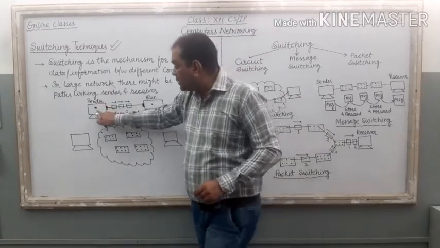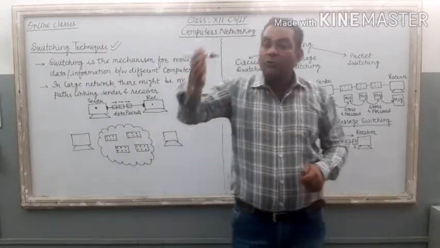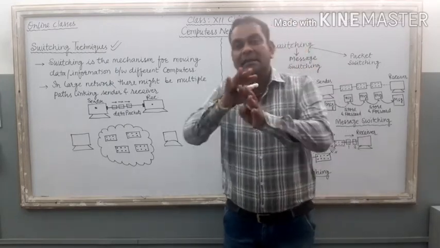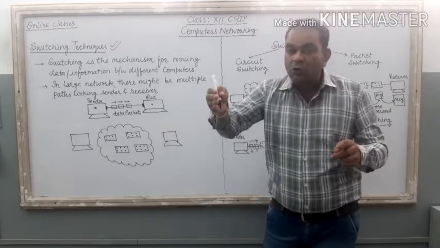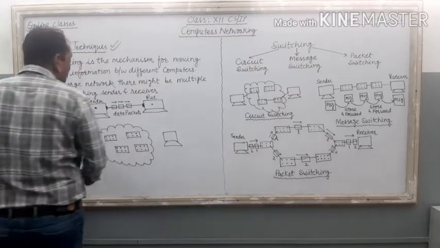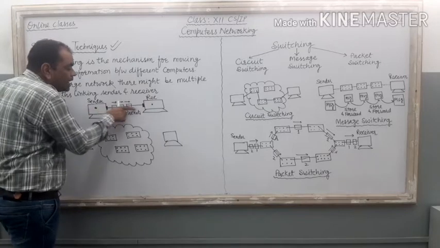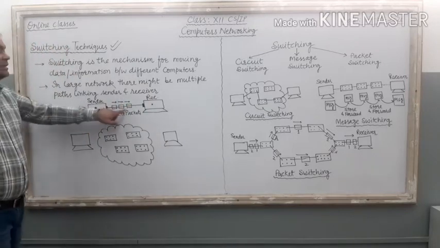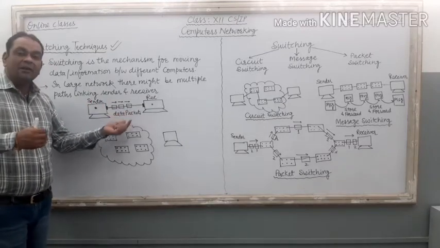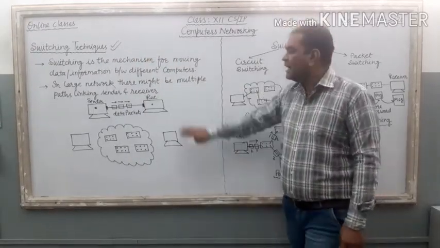Now, if this PC wants to send a file, very first the file is divided into fixed size packets. The packet size is fixed. The file is divided into different fixed size packets, and then these packets start traveling from the sender to the receiver by using this communication channel, this communication medium, right? It is the style by which computers can transfer files to each other. It is a very small network.